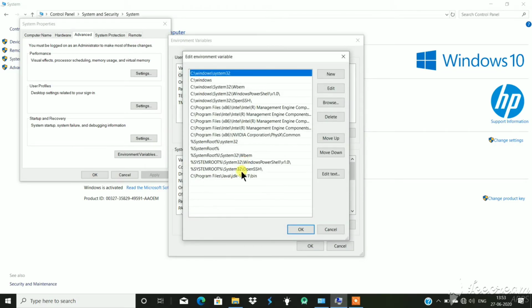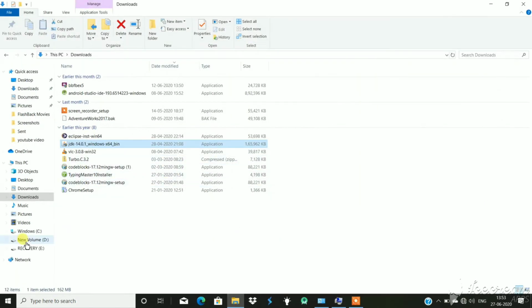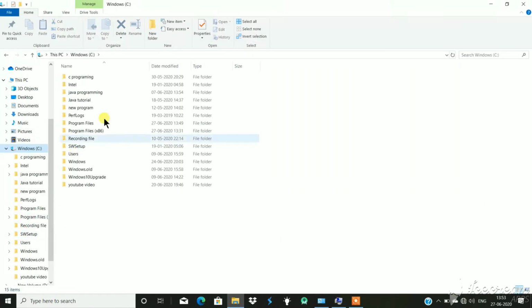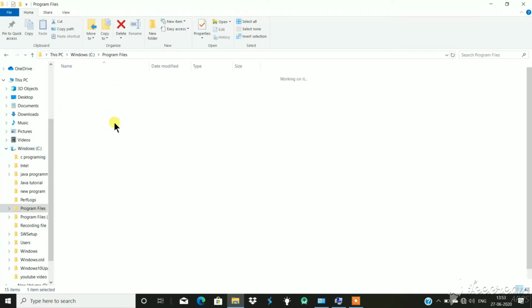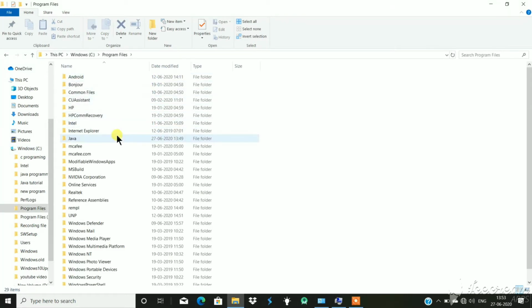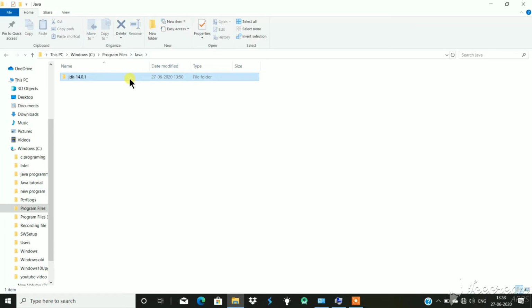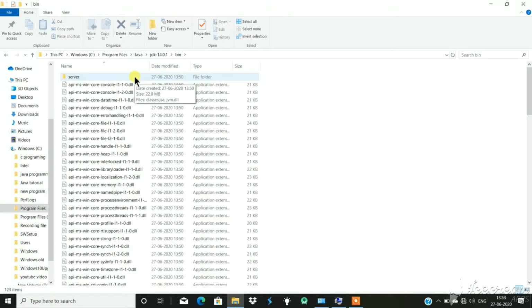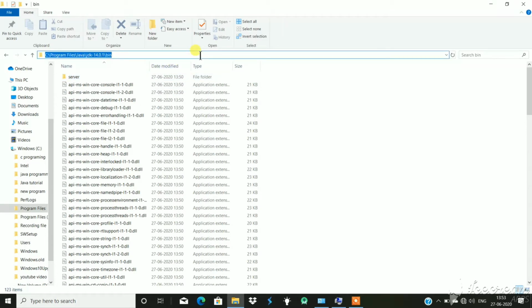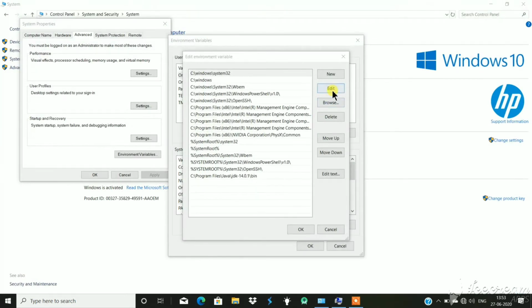Click on this and now open your File Explorer. Go to your C drive, go to Program Files, Java, JDK, bin, and here you have to copy this path. Control C, close the window.